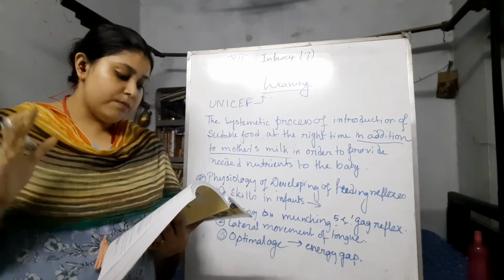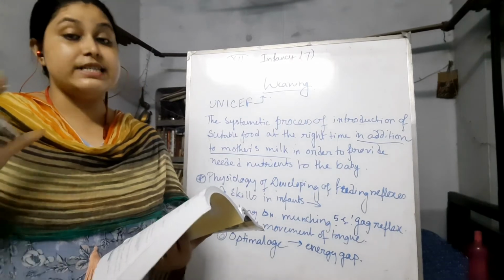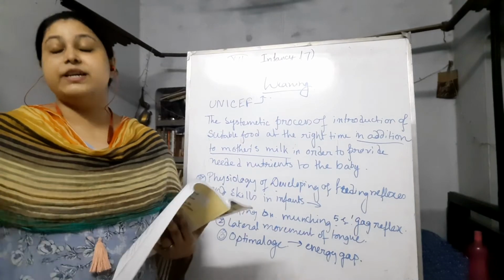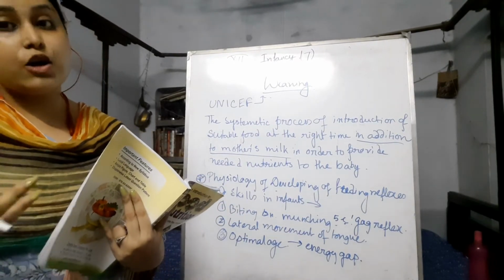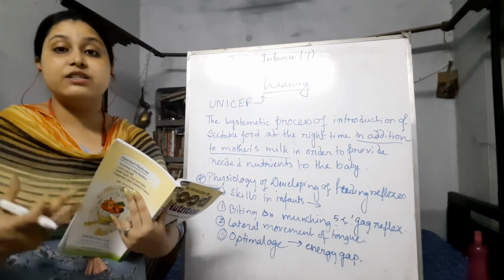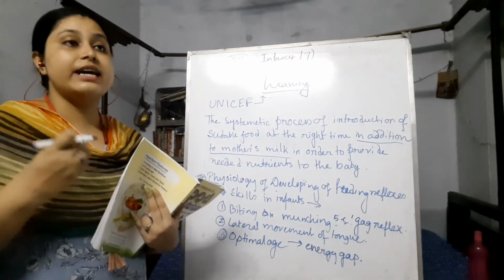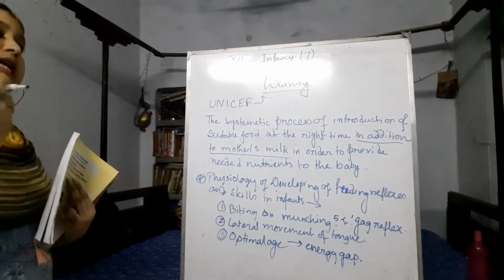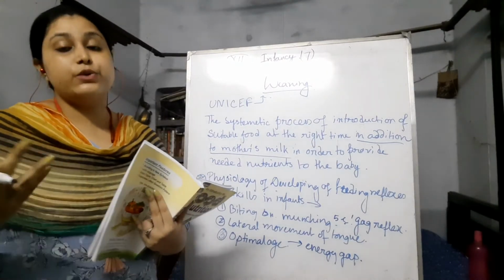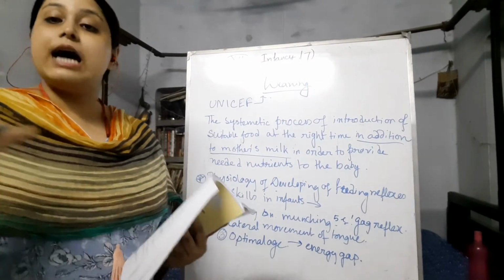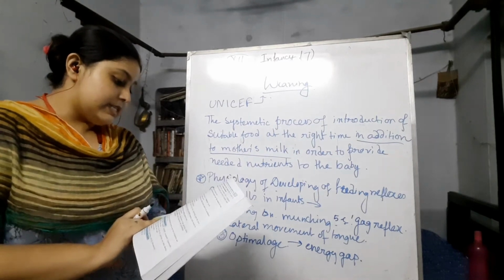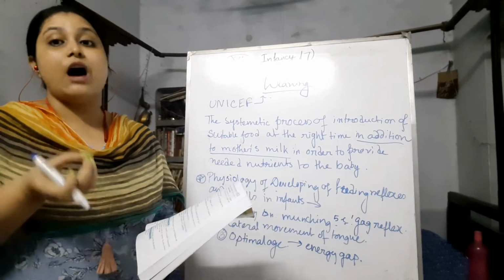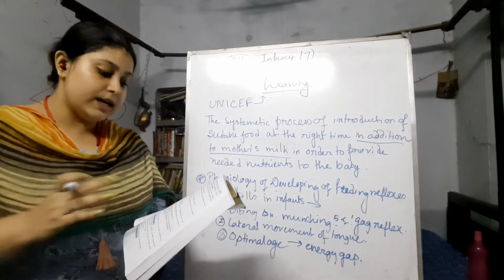The next point: the concept of introducing complementary feeding is all about 6 months of age, the ideal time for introduction of semi-solid foods, when the baby becomes biologically fit and ready to accept it. Before that, the enzymes are not produced properly in the body, so they can't digest the food properly. Now the enzymes can be produced, so their body is ready for other foods. Next are the sensitive periods: they learn how to eat, swallow and chew the food.